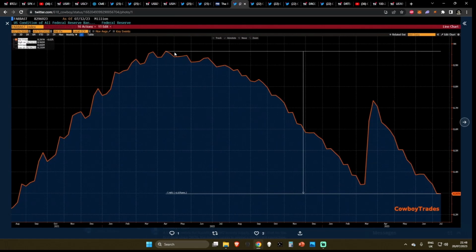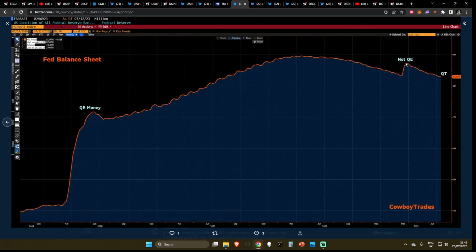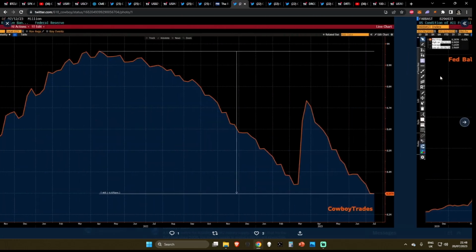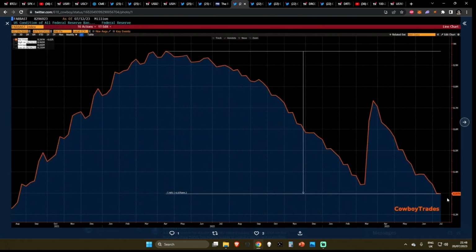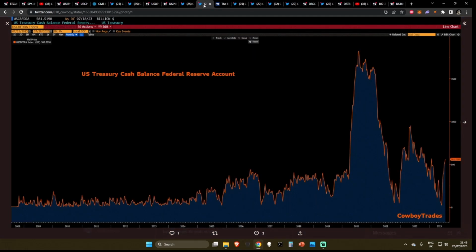This is a zoom in on what happened at the end of 2022. Once again, this little spike that we saw was not quantitative easing, and it has already been eaten up by the quantitative tightening cycle, which is happening right now. We are seeing new all-time lows for this bear market in terms of the total Fed balance sheet, despite the fact that their treasury cash balance sheet has increased slightly, but bear in mind we are still in a substantial downtrend since 2021, with less than a third of the assets in the US Treasury cash balance sheet as opposed to the start of 2021.